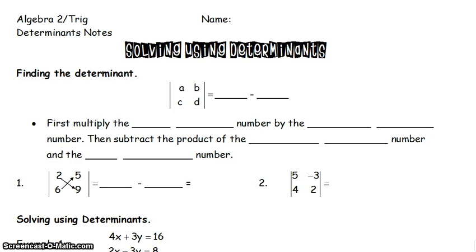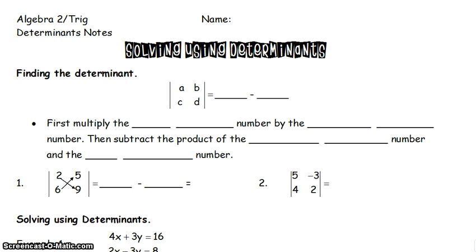Today we are learning another method on how to solve linear systems. Today's method is going to be using determinants. Determinants is probably the first method that we talked about that's not going to be review for you. So this is going to be a new method, new to you. And first we've got to find out how to find just a determinant, and we're going to use these determinants